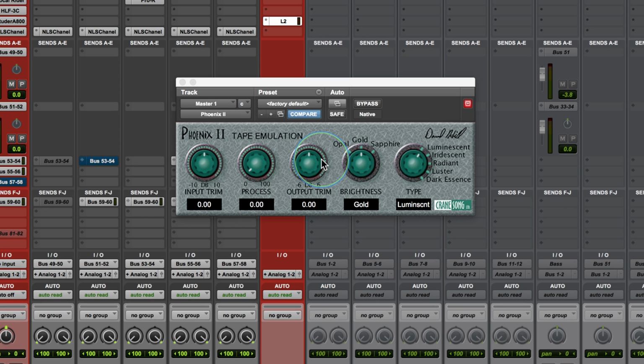Then we have the output trim, which allows you to calibrate or set up the output to achieve unity gain on the output. What you have on the brightness control here are three options. Essentially, the gold is a flat coloration. If you want something warmer, you go towards the opal, and if you go to the sapphire, it gives you a brighter configuration. And then you have a type, and this gives you a different tonal coloration where the